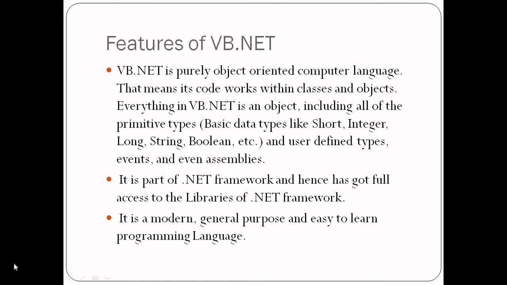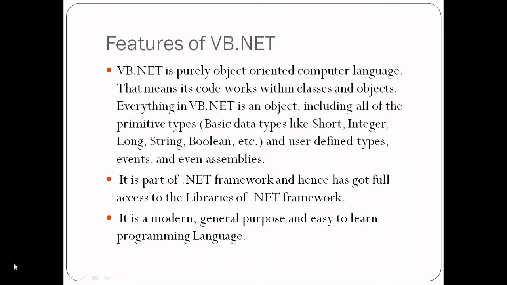So using classes will help you in binding data as well as functions over it. Functions are the methods. Functions are the ways to store data, to access data, or to work on the given data. And class is the best method to combine both of these, data as well as functions. And VB.NET is based on this paradigm, which is called object-oriented programming. VB.NET also includes events and methods, which we'll discuss later in this video.